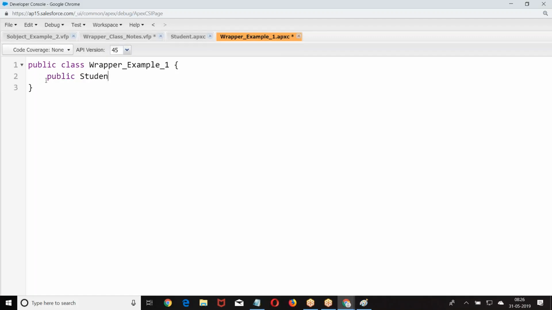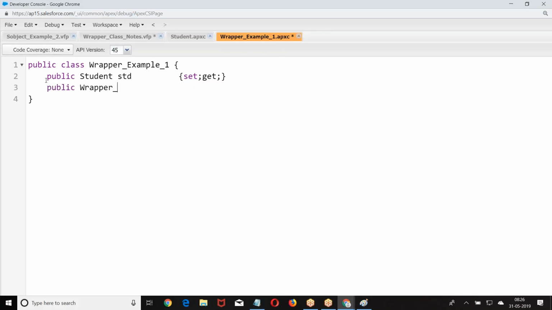Public. Now, what is the data type? Student. Is it a primitive or reference? It is a reference. If it is a reference, how should I use it?